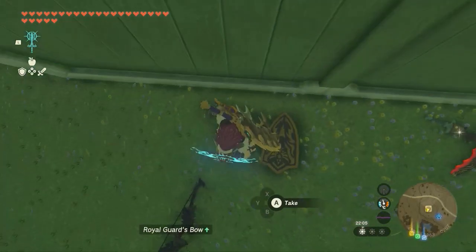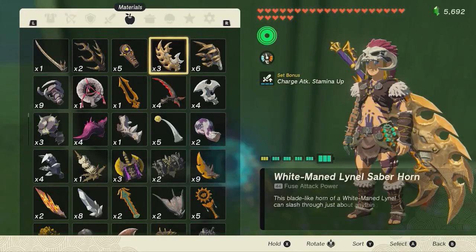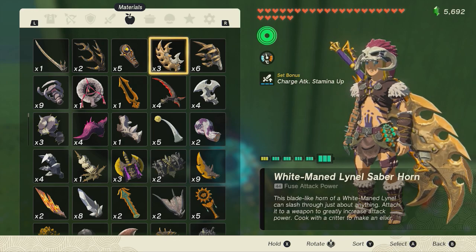Also, this is kind of the space I'm using. You can do it anywhere you want. You can do it in shrines, you can do it outside of shrines. So if you have one of those tests and you have enough weapons and such, you could just duplicate some